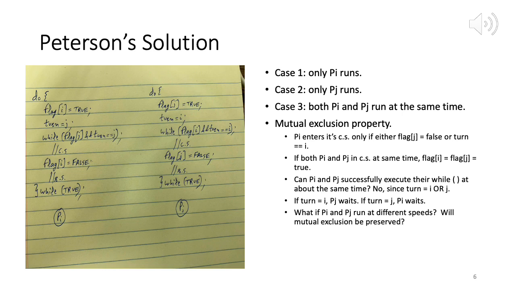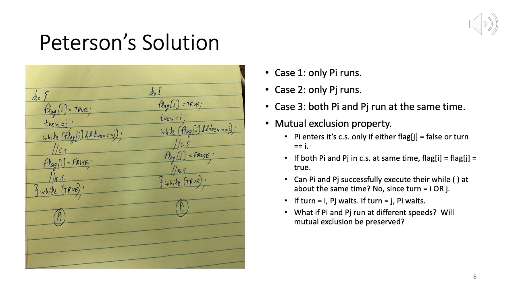So one scenario: both of them set their flags true, so flag i is true, flag j is true, then turn = j, and then immediately, very quickly, turn = i. So naturally, which process gets to enter the critical section? Whatever was the last value of turn, which is i. So Pi will be in its critical section, and Pj will wait. Why? Because flag j is true, but turn == j will be false, because turn was just set as i. So Pi will be able to enter the critical section, and for Pj, flag i is true, turn is i, it will wait there.